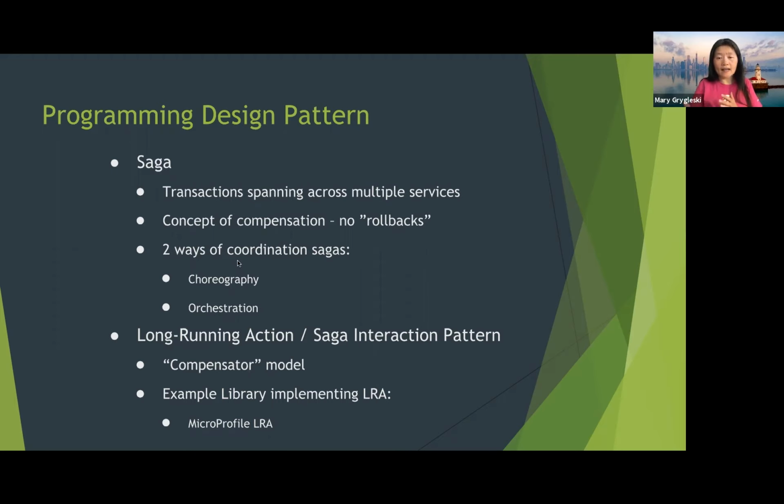So now let's move on to the next bullet point. On a high level, I want to talk about the two types of Saga, called coordination sagas. The first one is choreography. Choreography is essentially an event-driven way of managing all of your components through the use of events.